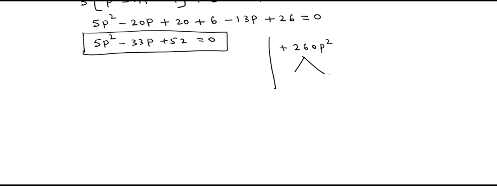Suppose you don't know which are the factors to find that minus 33p. If we add two terms, two factors, we get minus 33p. If we multiply, you should get 260. I'll give one small logic, very simple. 260. See children, if the number is above 100, take above 10 tables.